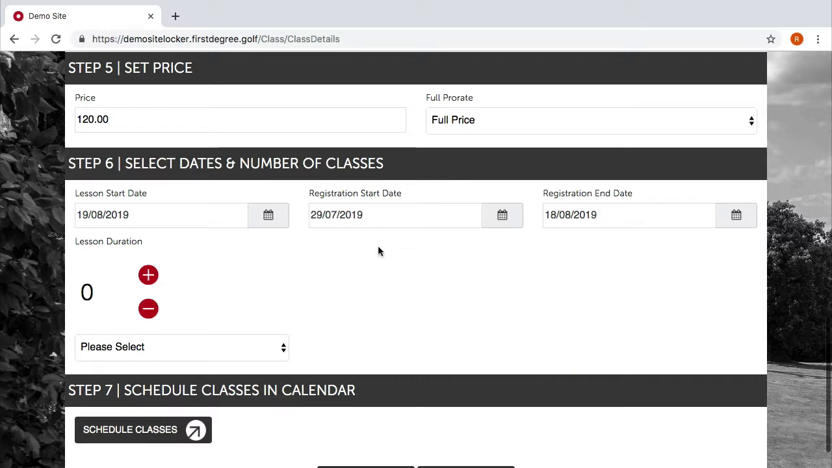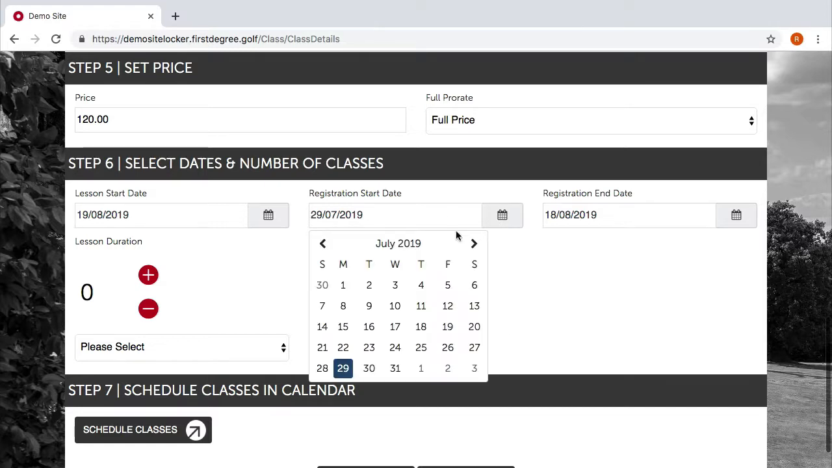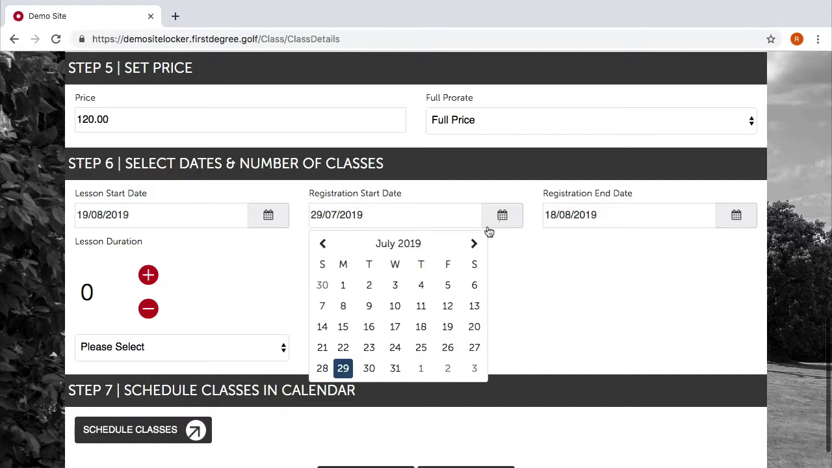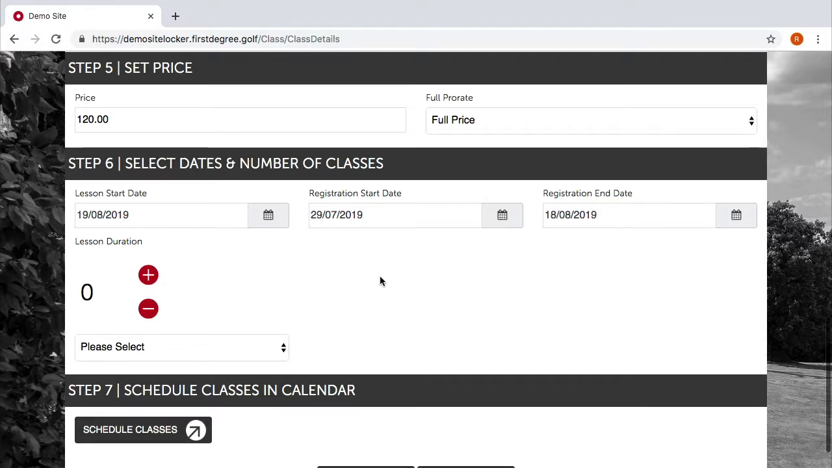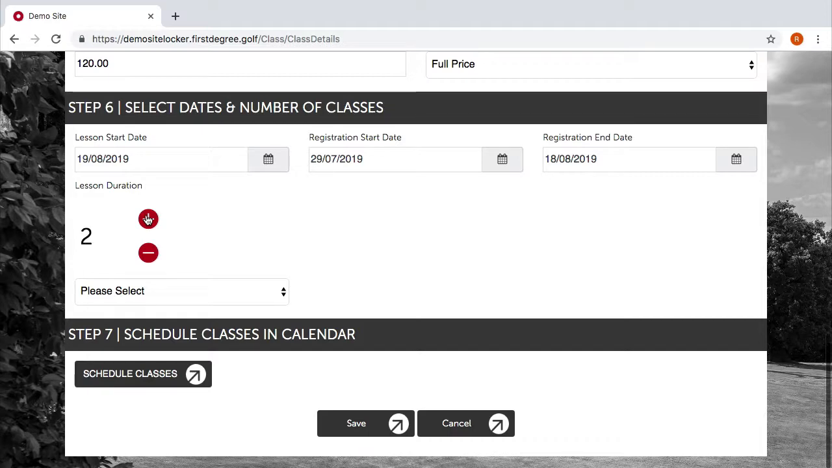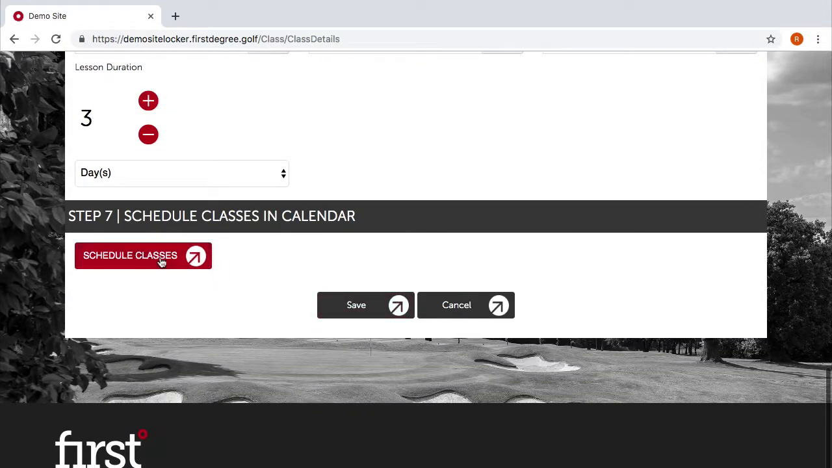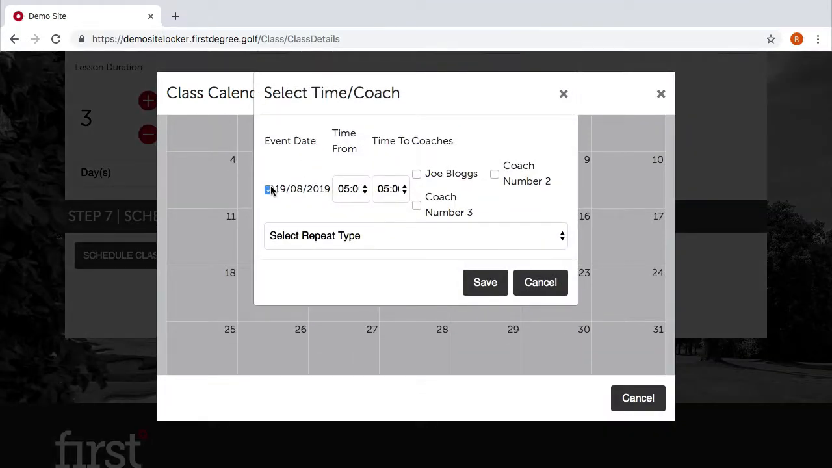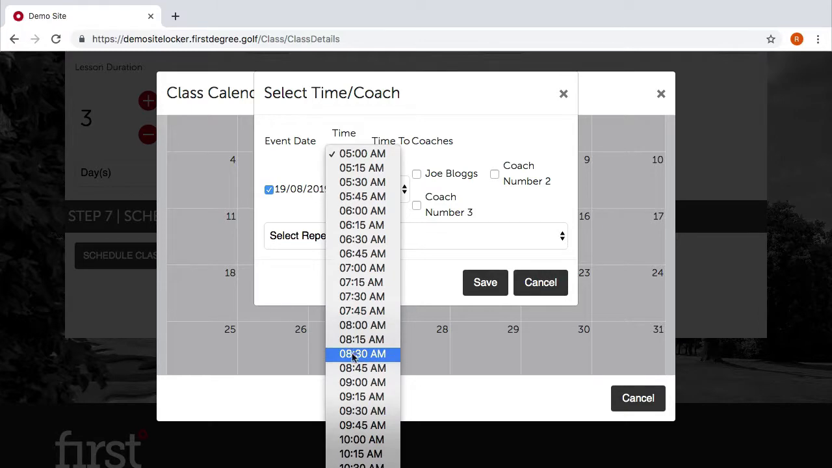Small note on that registration start date. If you set that registration start date to a date in the future, it just means that the class will automatically be live on the system once that date appears. It won't go automatically live if you set it to a date in the future today, but it will appear automatically on that date. So the lesson duration is 3 days. So we're going to run it for 3 days and schedule the class. Choose the appropriate date and we're going to go 9 AM